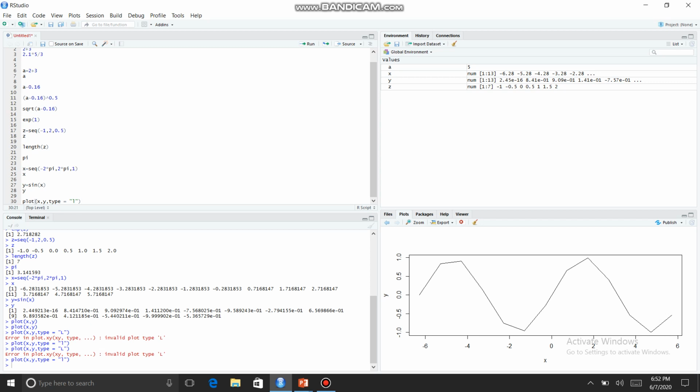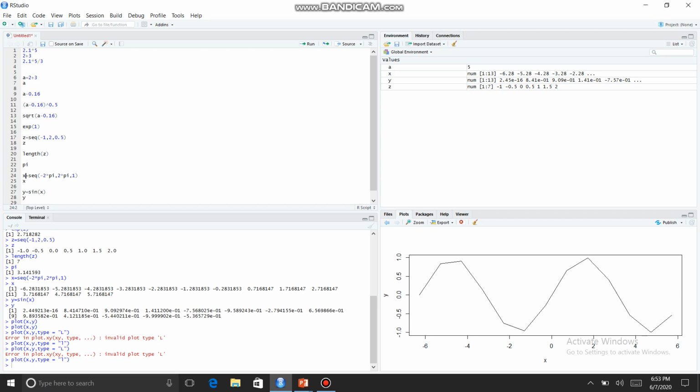Now we are at the end of this tutorial. We will summarize what we have learned. We have learned how to download and install R and RStudio from rstudio.com. We have learned the basics of R programming, that is multiplying two numbers, adding two numbers, storing values in variables, using the square root function, using the exponential function, creating vectors, and finding the length of vectors.